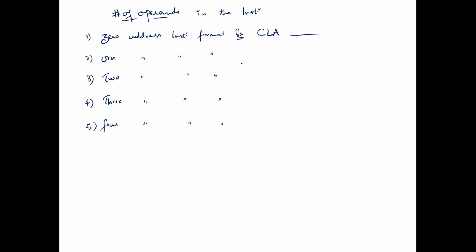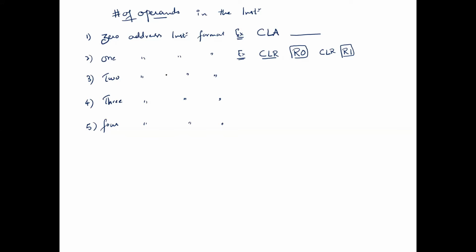In one address instruction format, we will define it like this. We will write clear R0, or I can write an instruction clear R1. How many operands are we going to mention in the instruction? Only one operand, right? And clear is what? An operational code. And how many operands are we mentioning in the instruction? Only one. Such type of instruction formats, we call one address instruction format.